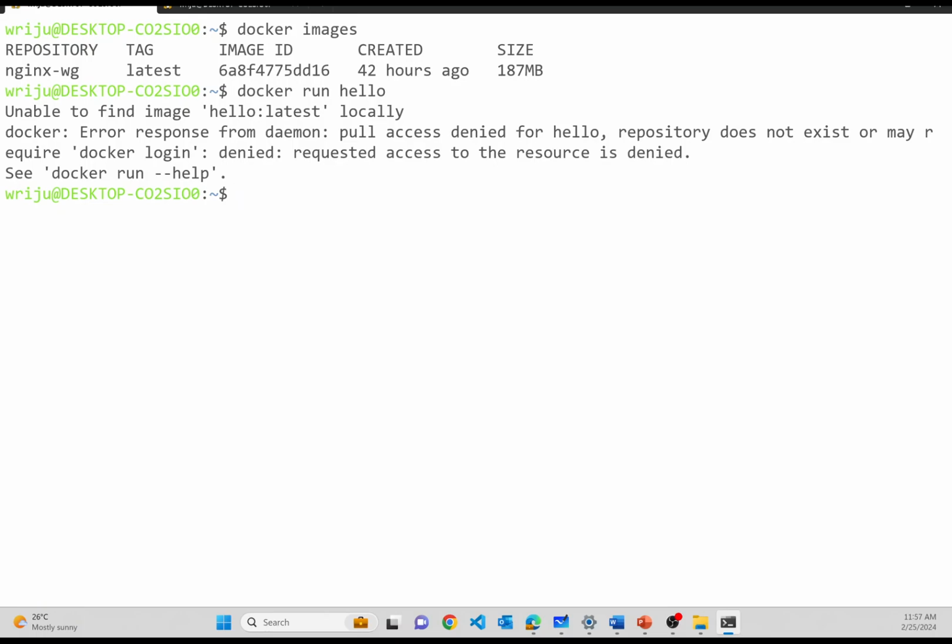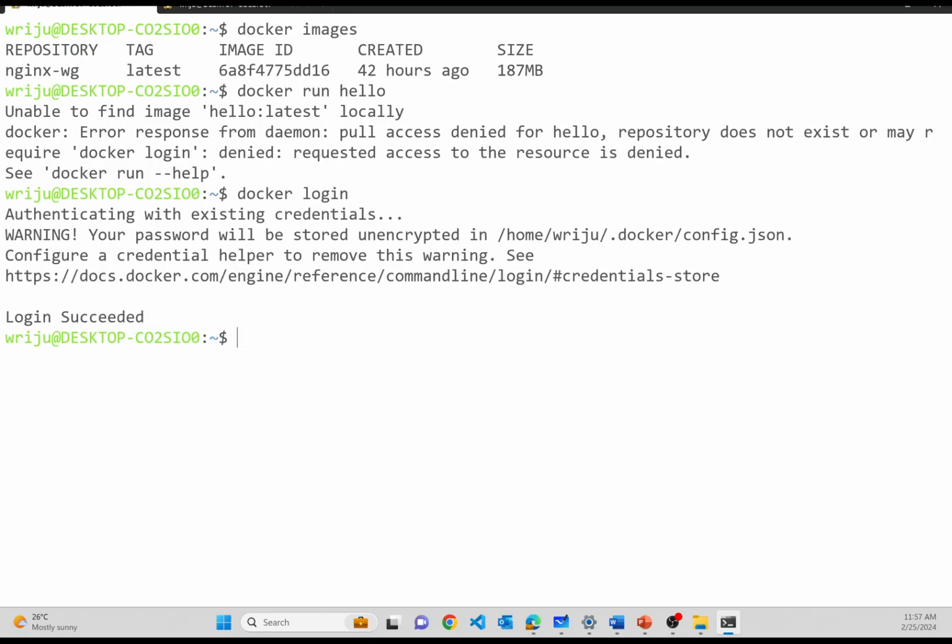So I do not have access to Docker. So let's say Docker login. Now if I say docker run nginx,